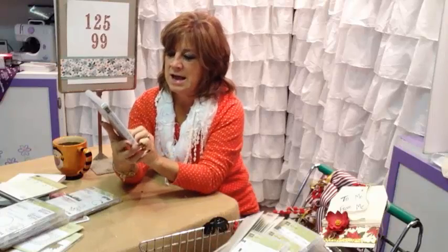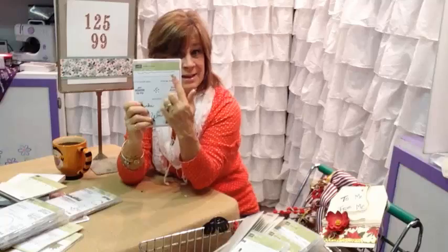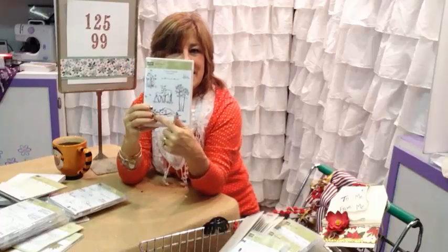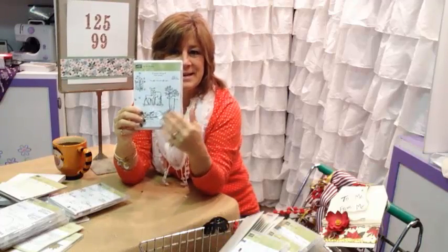your cards. And so some great greetings here, and I also just love the little squiggly lines, journaling lines. Again, think Project Life. You can write along there, and that'll give you a line to journal on. This one reminds me of Moon Lake from last year, and we have In the Meadow. We've got the beautiful fawns, the mountain scenes, and I know that some of the people that love to do the brayering techniques and brayered backgrounds are going to have a ball with that one, so we're going to be